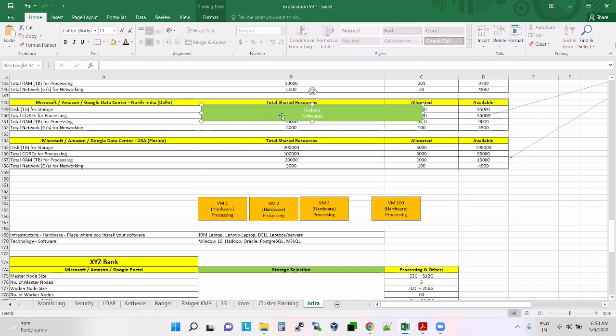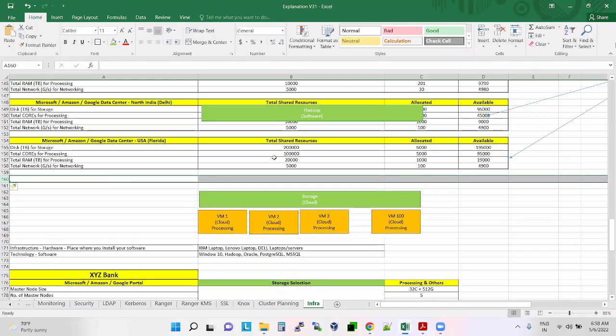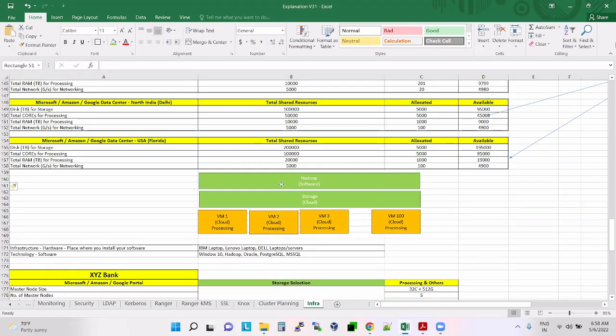On top of this, we have some storage. This is the cloud. Understood now how it is working?